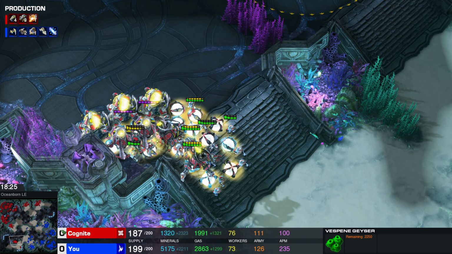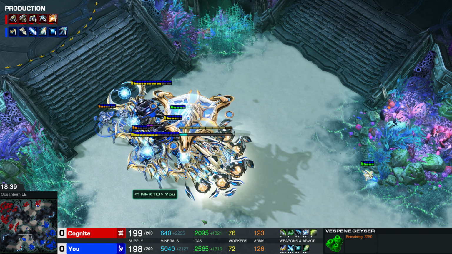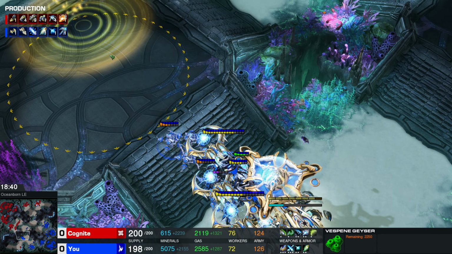Losing 400 minerals. Taking a look at the resources lost tab. 22,000 resources lost to 18,000. So, honestly, all things considered, relatively even. Taking a look at the worker supply. 76 workers to 72. Army supply 121 to 126. So, this game is super even. Taking a look at the workers killed, though. 52 workers killed to 22. So, you killing more workers this game and going for...